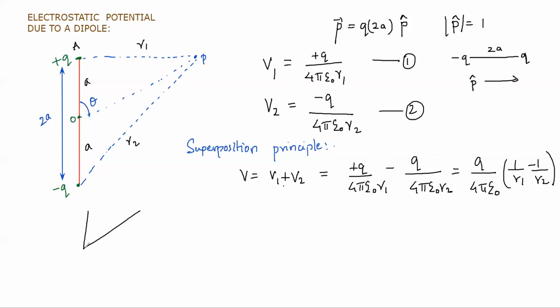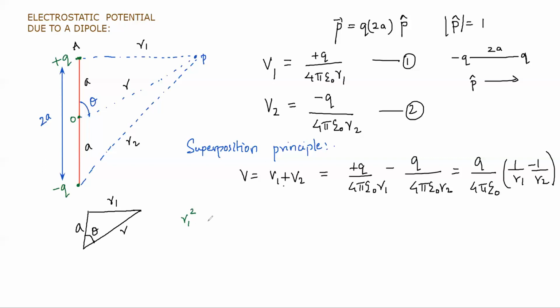Small triangle. So this distance is R1 and this is A, and let this distance be R. So let me write it as: this distance is R and the angle between them is theta. There is a particular expression, the cosine law, that we can use to find the distance R1, which can be written as